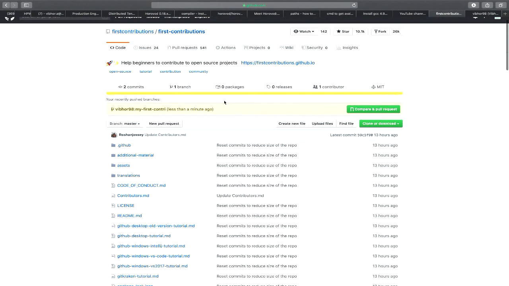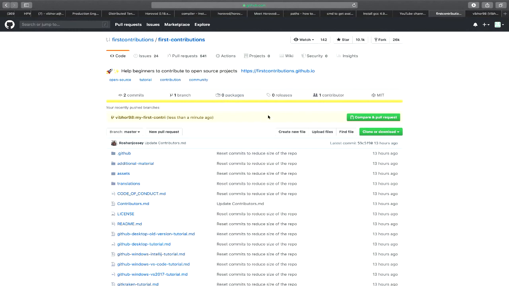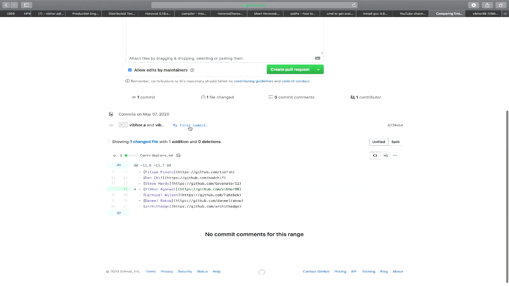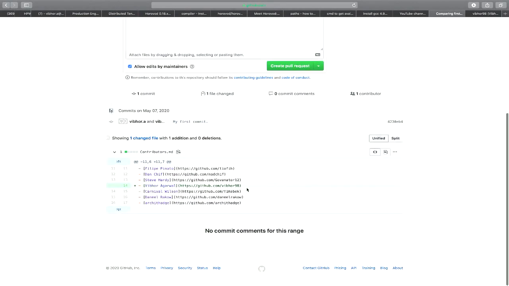So now let's move to this. So it shows that I have just done a recent commit, right? So compare and pull requests. Click on that. So it shows my first commit and whatever changes that I have made in all the files. It will show the list of all the files and whatever changes that I have made. And so the maintainers of the project, after filing this pull request, generally review those changes.